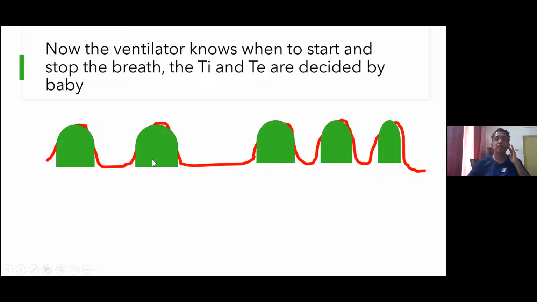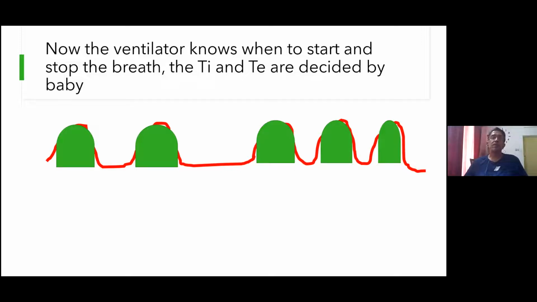Second breath also synchronized fully at the beginning of breath, end of breath. The third also, but third breath was smaller in diameter. Can you see that? The fourth breath was even smaller, but inspiration and expiration were matching. The fifth breath was smaller because baby's breath was of a shorter duration. So when we use this kind of ventilation, which in some ventilators is called PSV or pressure support ventilation,